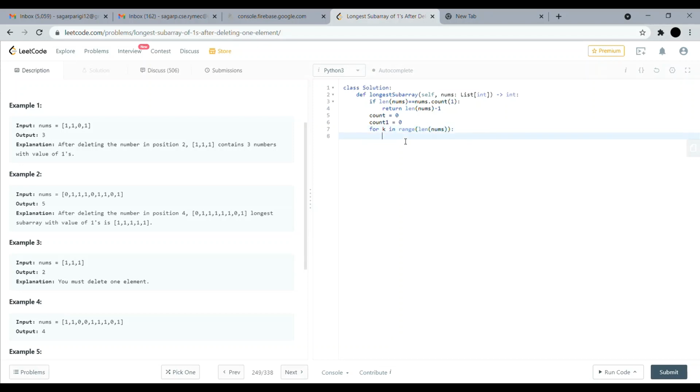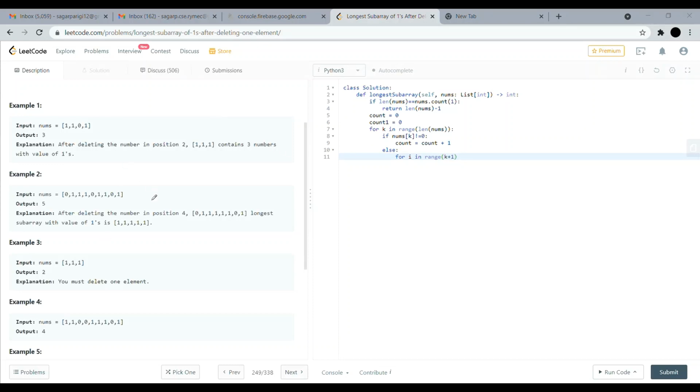Okay, now if nums of i is not equal to 0, then I just have to increase the counter. Else, if it is equal to 0, then I'll just have to traverse from, see here.